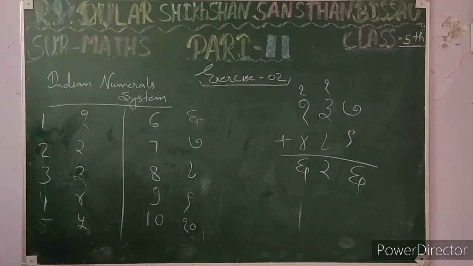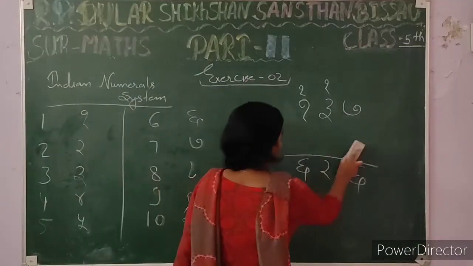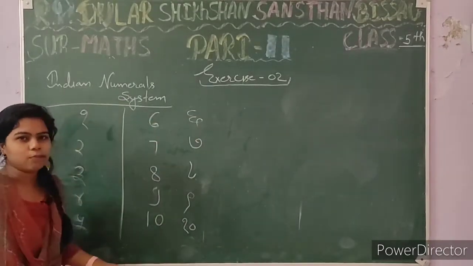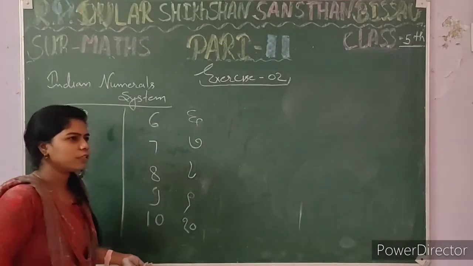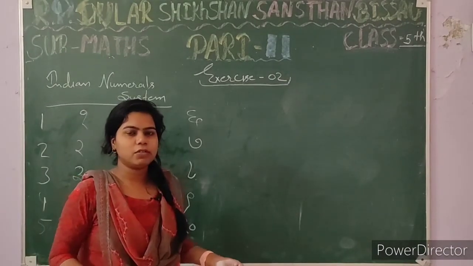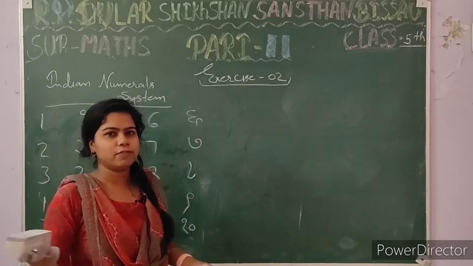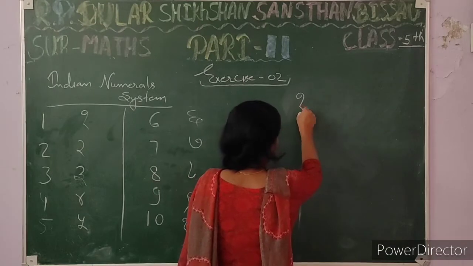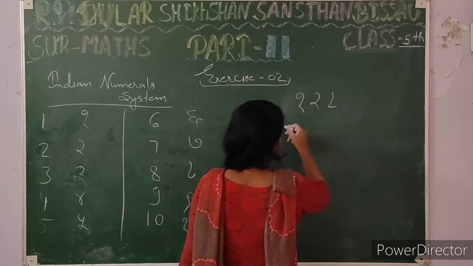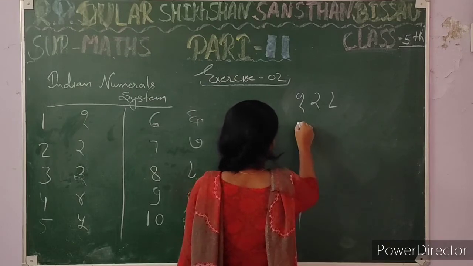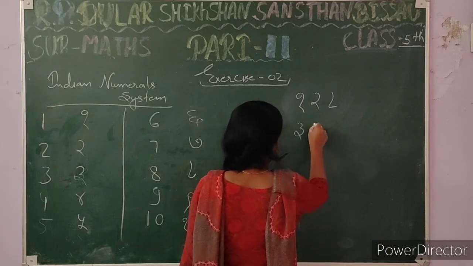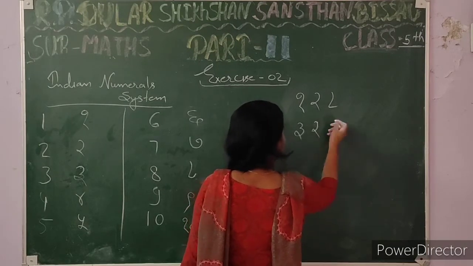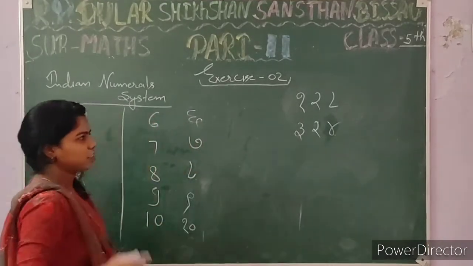Student, I tell you about some word problems also according to the Indian numerals. Your question 11 is like that. Sham bought something, and we want to know the total amount. If the first number is 128, okay, the second number is 321. You can write any number here because it is just an example.